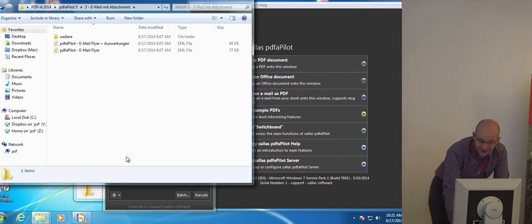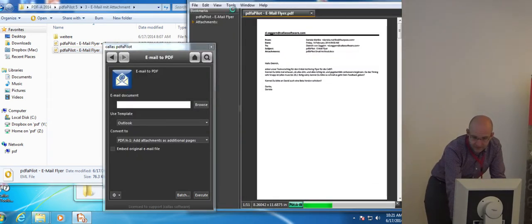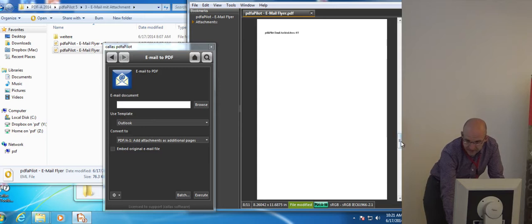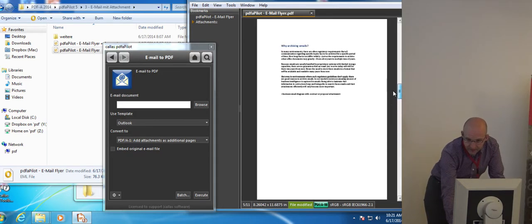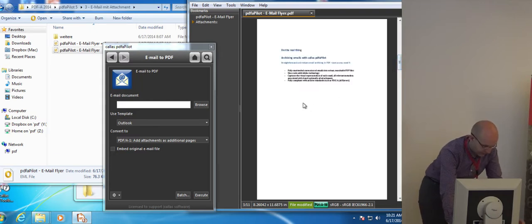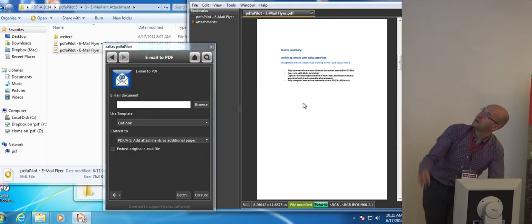So just a short look at how we handle attachments. Now we have a simple email. When I drop it onto the PDF palette, it took a short while again. We can see there was an attachment. You could also open it in Acrobat.